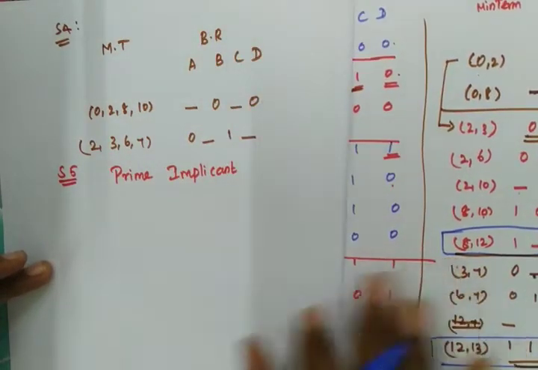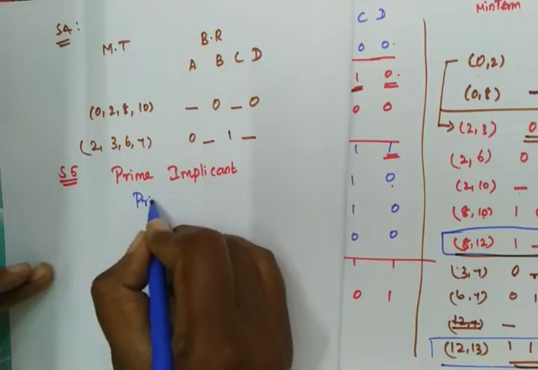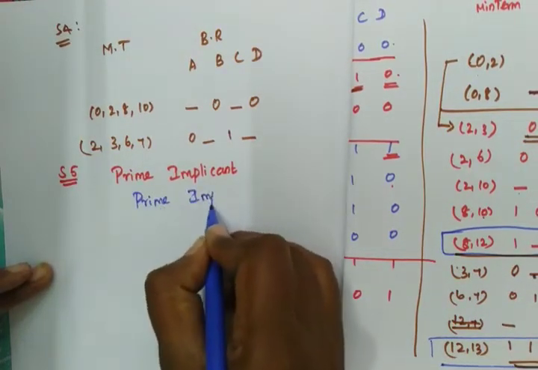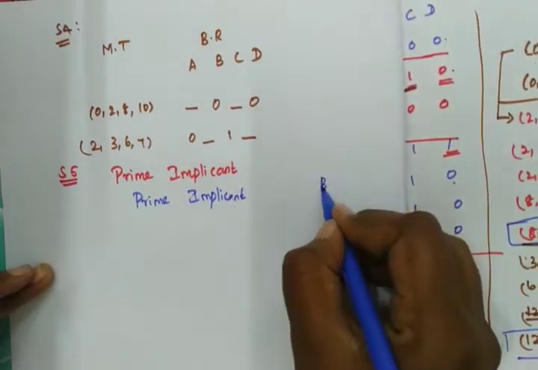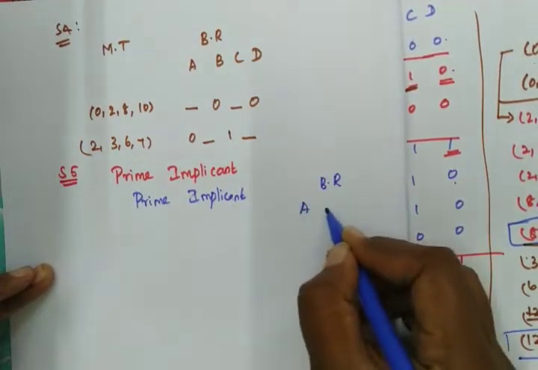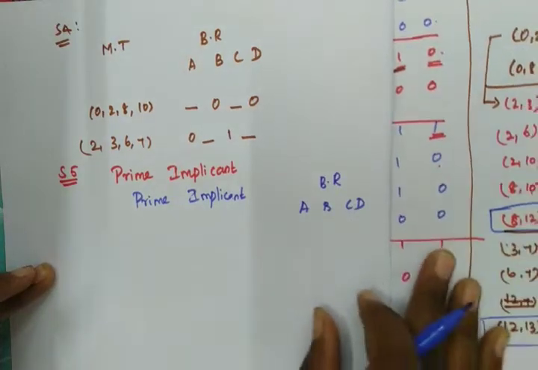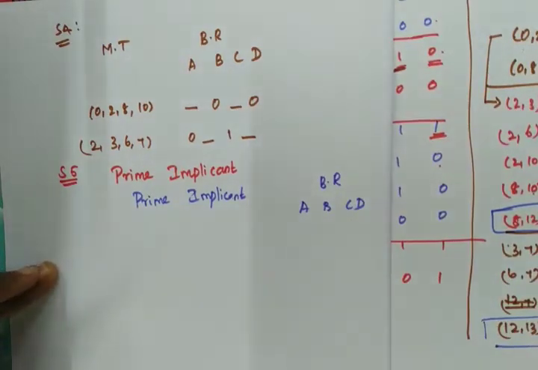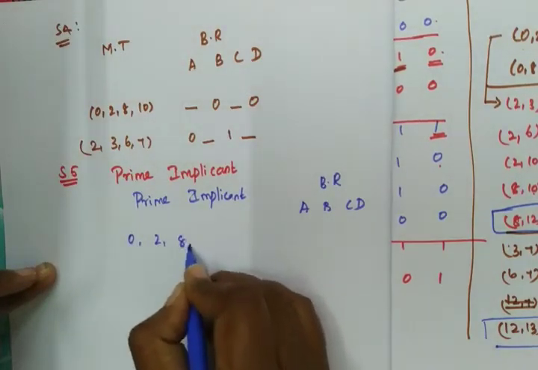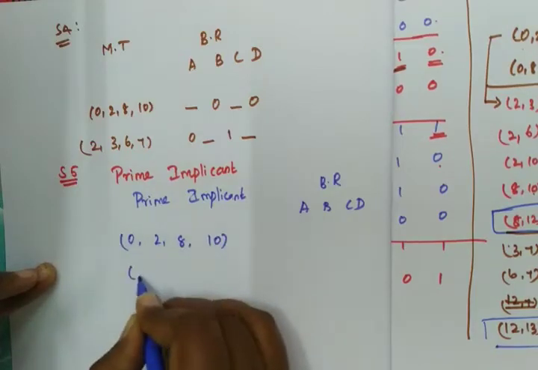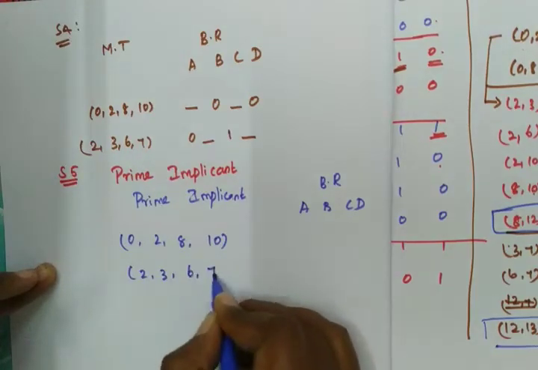We have to write everything. So write this as prime implicant. This is our step 5, right? Prime implicant, and we have to represent the binary representation, that is A, B, C, D. Now what are the prime implicants? That is 0, 2, 8, 10, then 2, 3, 6, 7, then